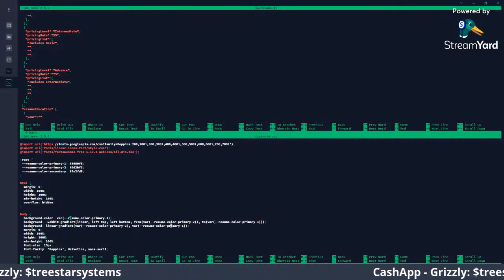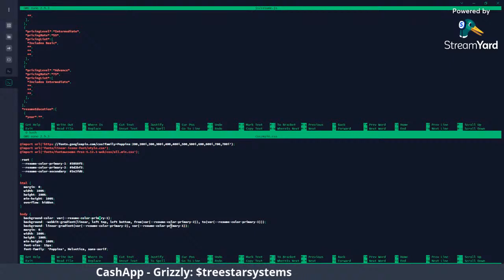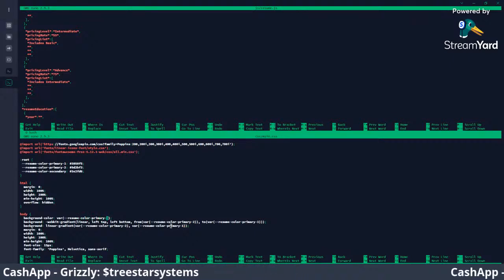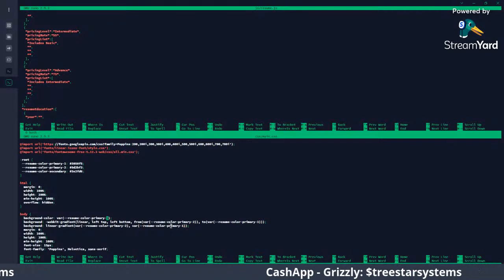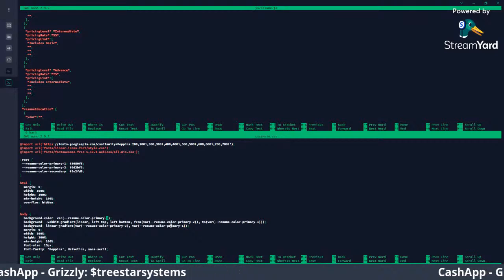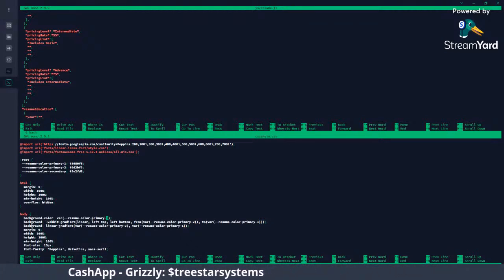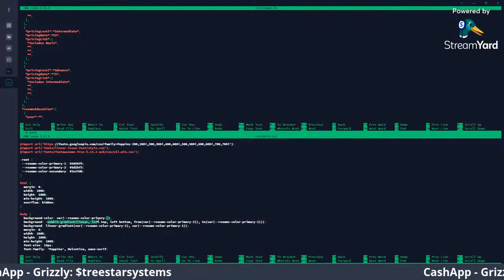But then in terms of my body, I can say var and then parentheses, and pass in that variable that's defined in the root. Now this is a global variable, meaning it can be used on this CSS page, and I believe it can be used in other CSS pages as well. I haven't tested that. Still kind of working with this. Still kind of new to me. But now that I have this global variable and I'm putting it into all these different places, instead of me having to define the background for each thing,